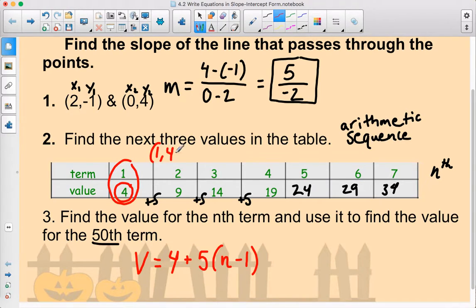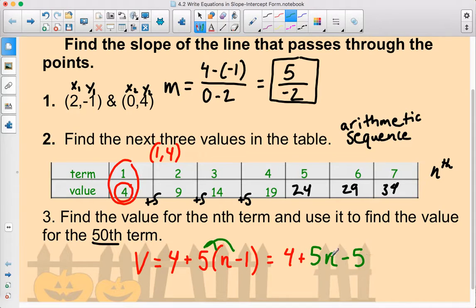If I wrote it in Bruin point slope form, it would be the value is 4 plus 5 for every n, for every term past the prior one, in this case the first one. So it looks like value equals 4 plus 5 times the quantity n minus 1. If you actually simplify this, if I distribute, I get 5n